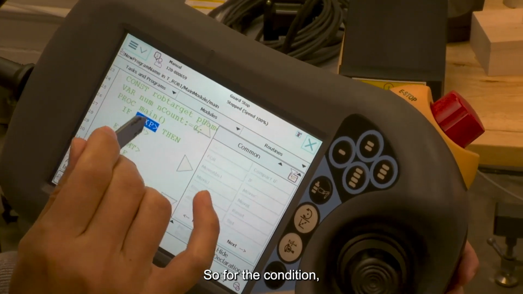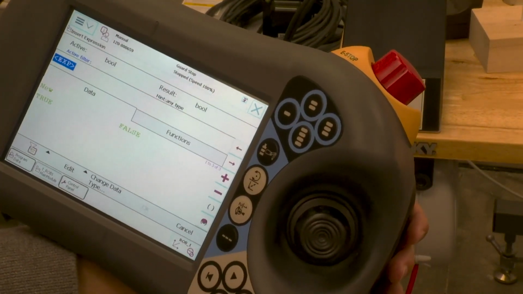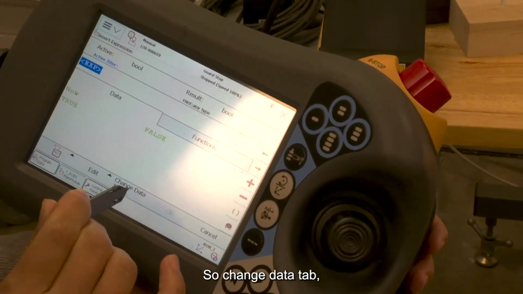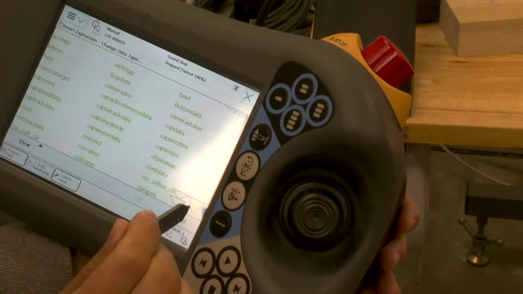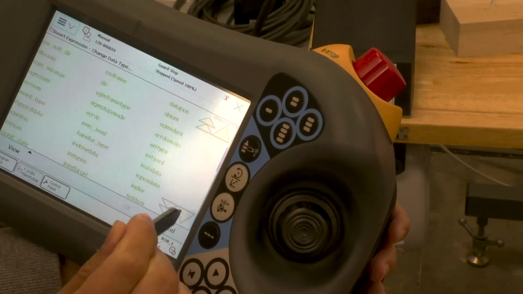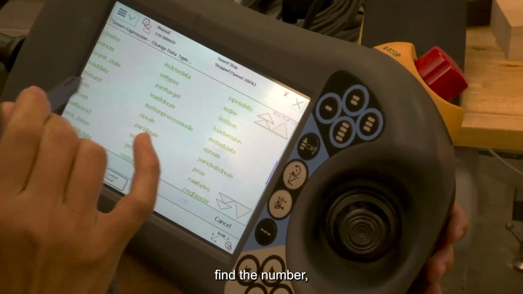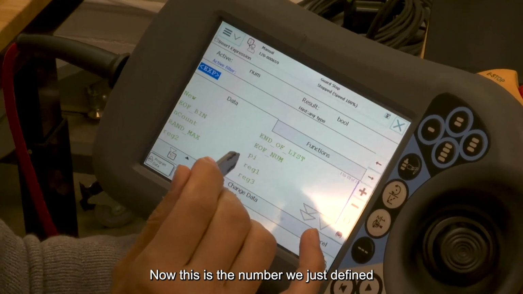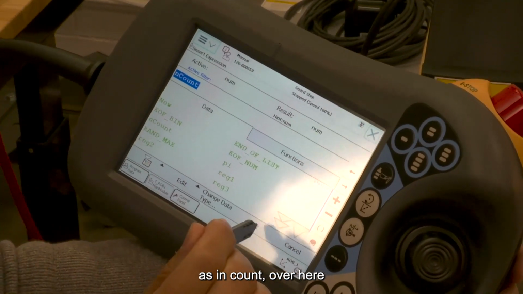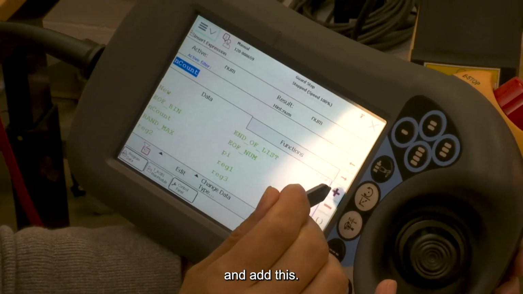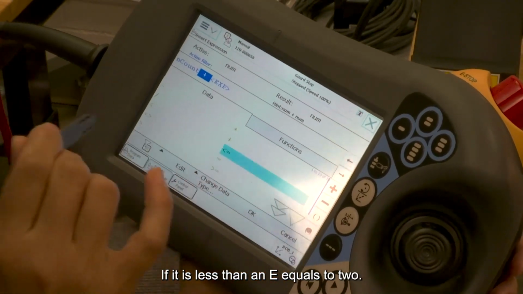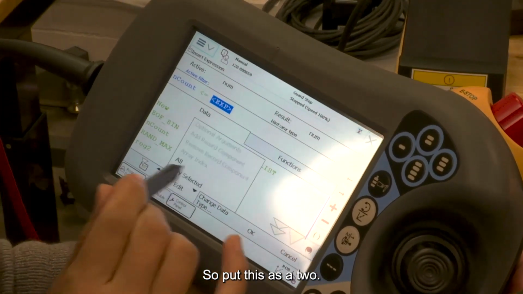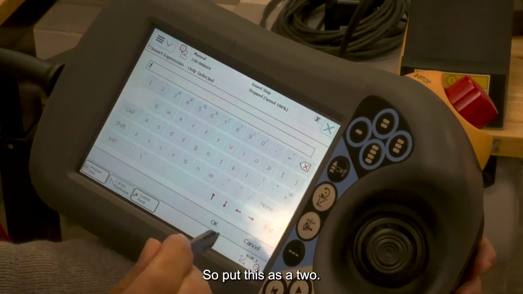So for the condition, I'm going to use the counter. So change data type. Find the number and click on number. Now this is the number we just defined as n count over here. And add this. If it's less than and equals to 2, so put this as a 2,